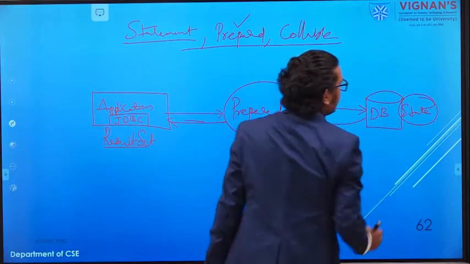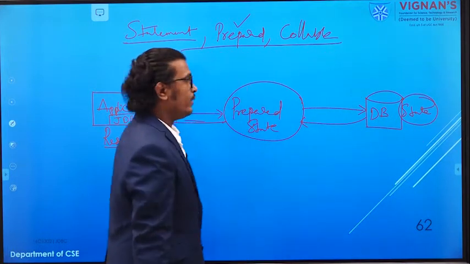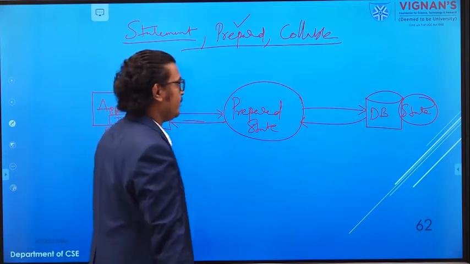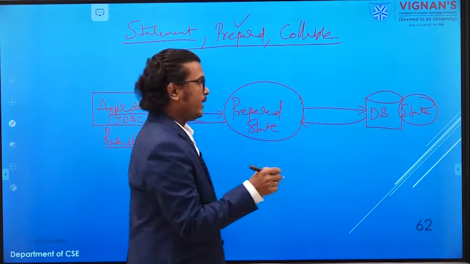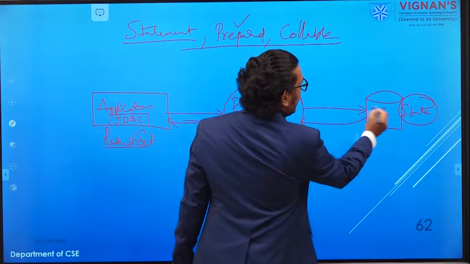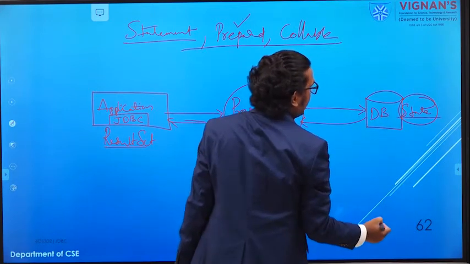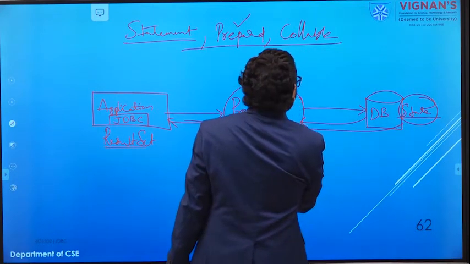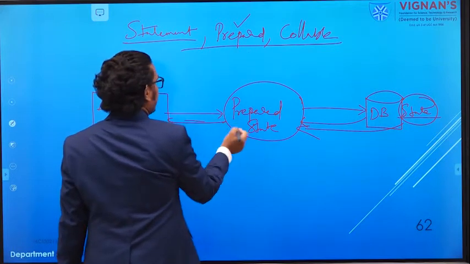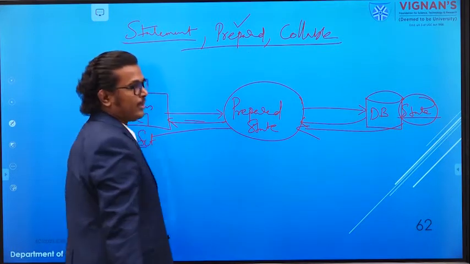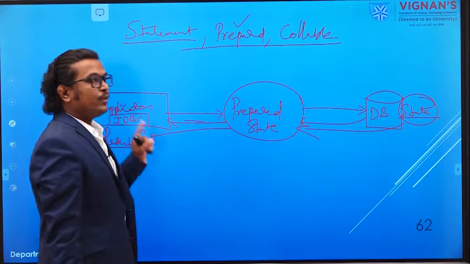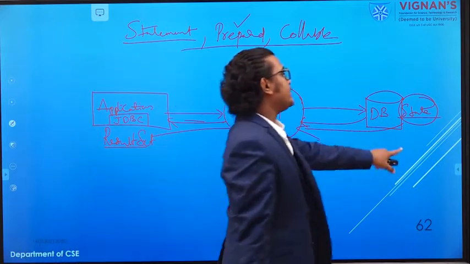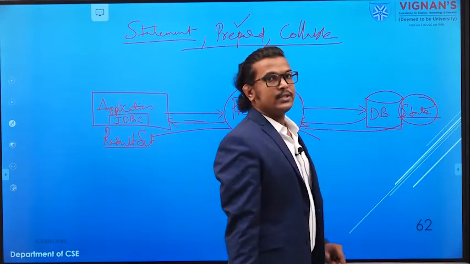The prepared statement is available in your database. Whenever you call that particular SQL query, it will go to your database and refer to this statement, and it will give the reply back to your prepared statement object, and display that information. The first time the statement will be executed in your database.